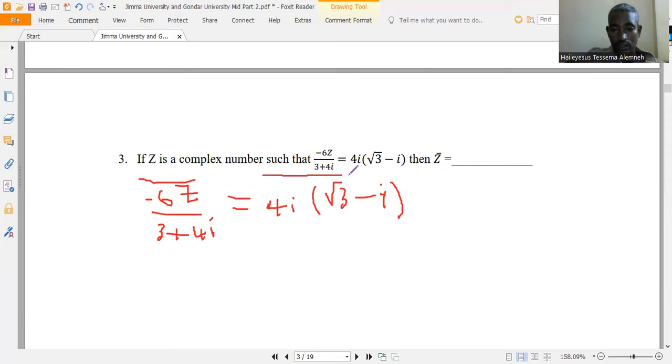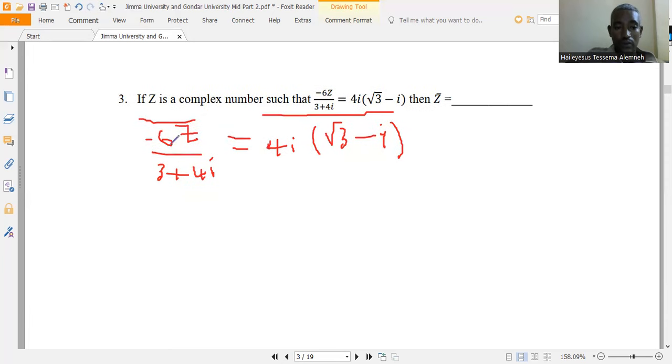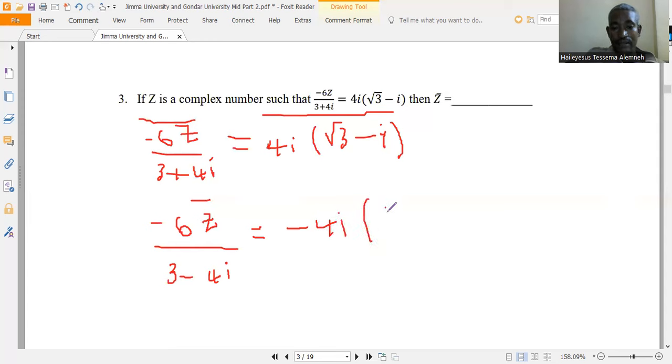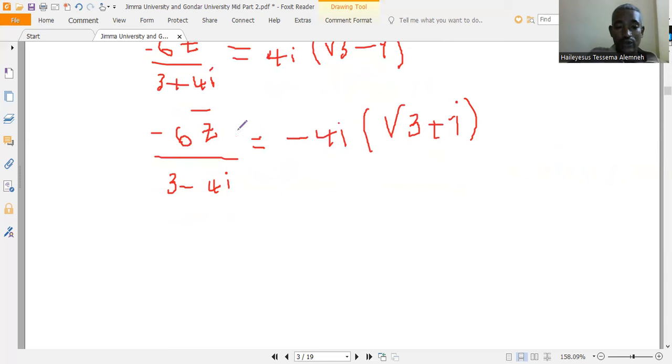የzን ኮንጁጌት ነው ፈልጉ የተባለው። ስለዚህ both sides conjugate እናደርጋቸዋለን፣ እኩል ስለሆነ። By the conjugate property, minus 6z conjugate over 3 minus 4i, since the conjugate of the quotient is the quotient of the conjugates አይደል፣ is equal to minus 4i times radical 3 plus i ማለት ነው። So z conjugate ነው ፈልጉ የተባለው፣ ስለዚህ ምን እናደርጋለን? ይሄንን በ3 minus 4i